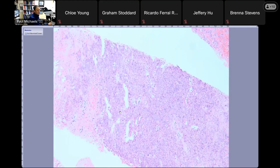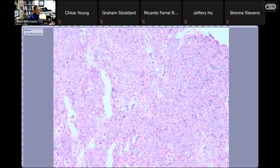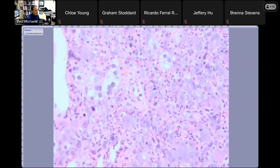And this I thought was just so unusual. And I'll tell you kind of my thought process. So this was an adrenal core biopsy. These look like adrenal cortical cells. You know, they have that kind of microvesicular lipidized cytoplasm. But then you can't even really see the tumor. It's so purple. It kind of has the